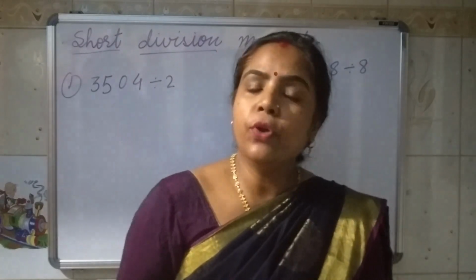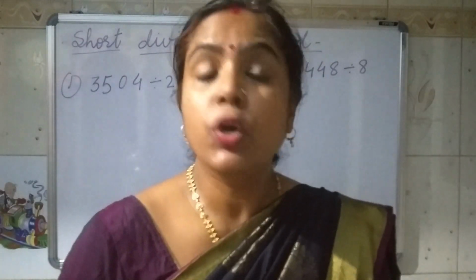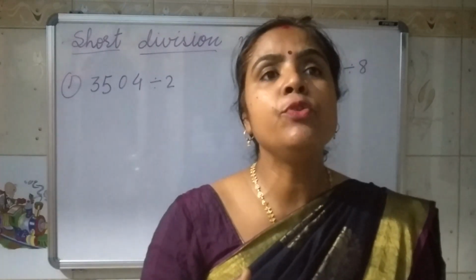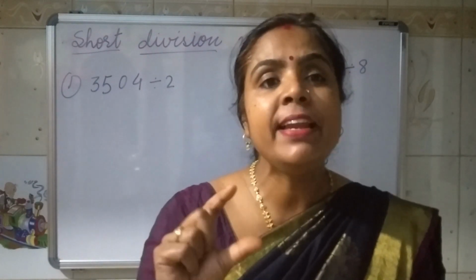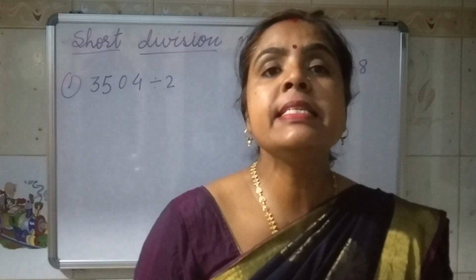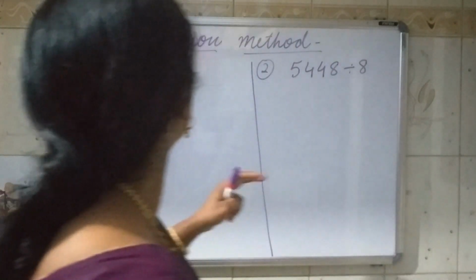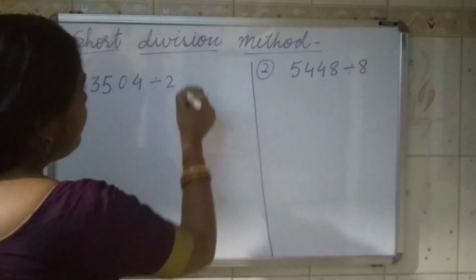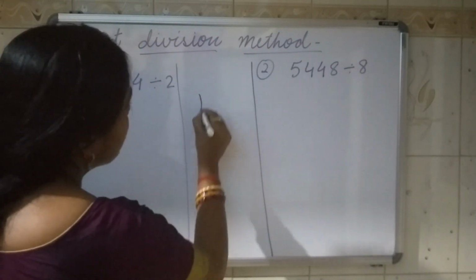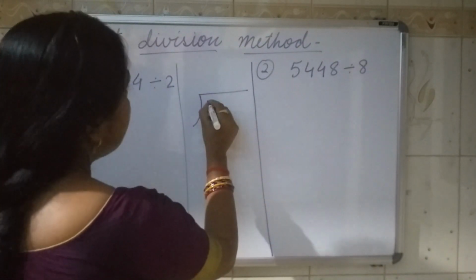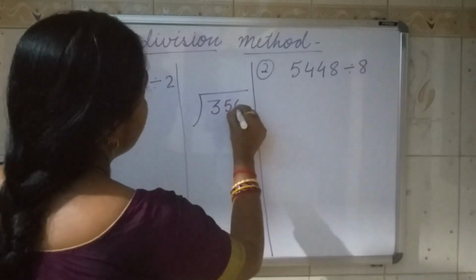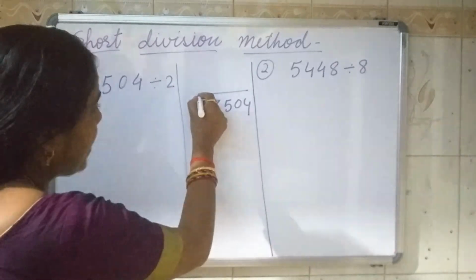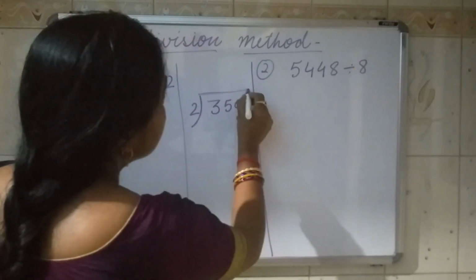Now I taught you division by the long process, dot method, grouping method, so many things. In that case, if you have to do it mentally, or we have a very quick division, how will we do it? We are going to use the short division method. Short division method means if you are doing the long division method, you are making the column like this. You are writing the dividend here, 3504, and dividing it by 2. So the divisor is under this bracket, and then we are writing the quotient above.